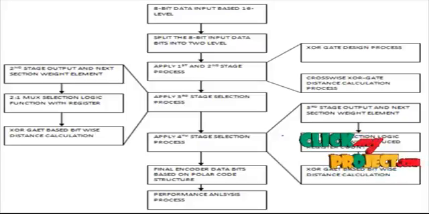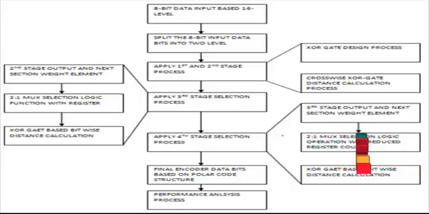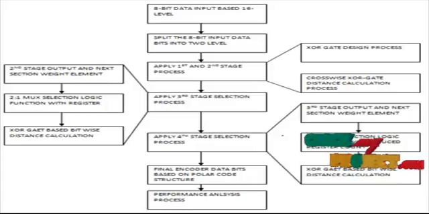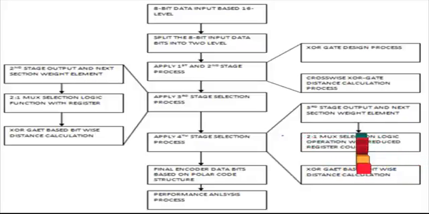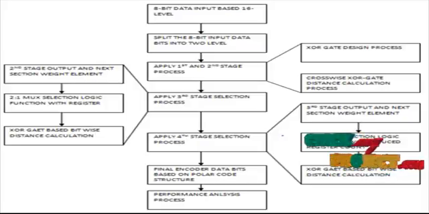This element is processed by the 2:1 mux selection logic function with a register element. This register element stores the previous stage results for different positions, gets the position outputs, and processes the XOR gate functions for bitwise distance calculations. Then the distance calculation is passed to the fourth stage. This fourth stage consists of register elements, the mux selection logic and the XOR gate logic. This XOR gate logic is reduced by the register element functions.